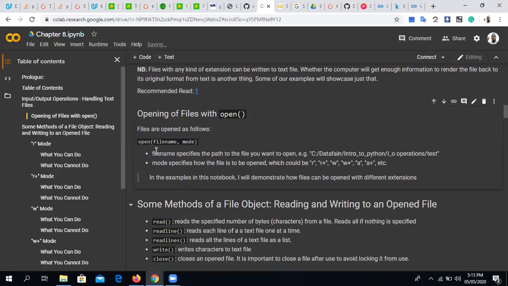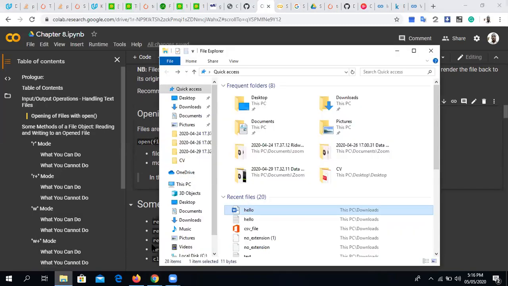Now, going to the syntax now, opening of files with open. So the function to open a text-based file is open. Files are opened as follows. So this is the syntax. Open, you pass in the file name. Take note that this file name refers to the absolute location where your file is stored. To make that clearer, so this file here, hello, is stored in